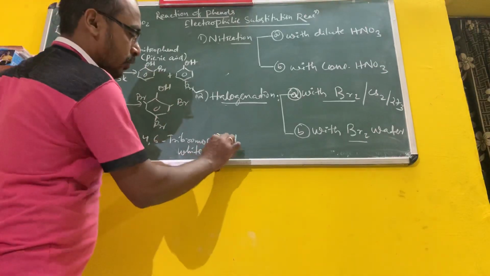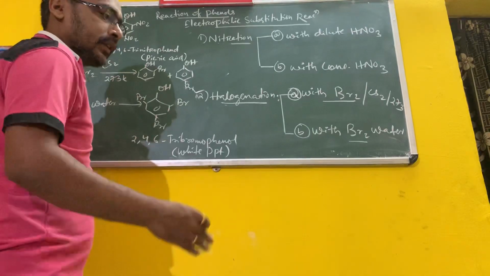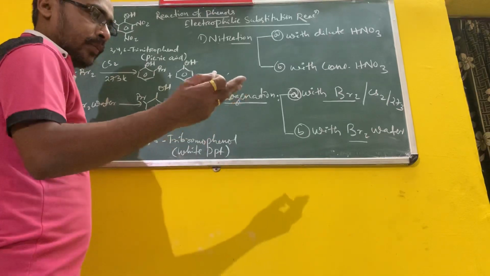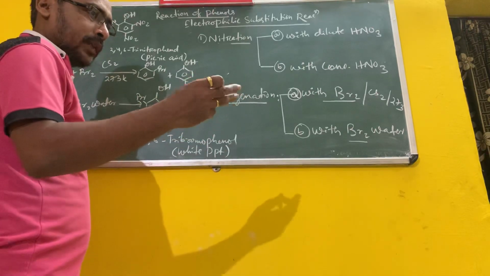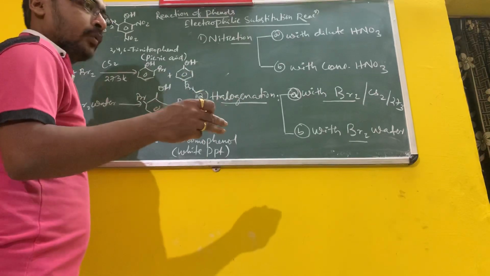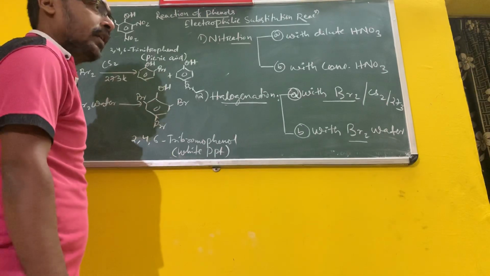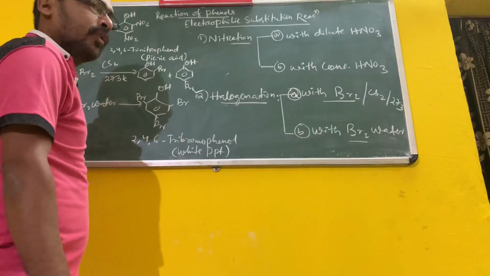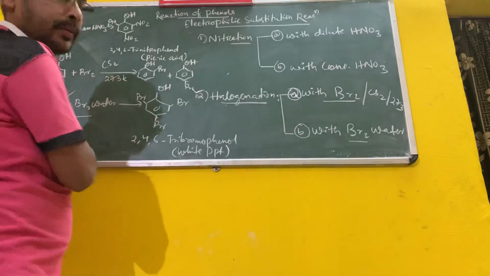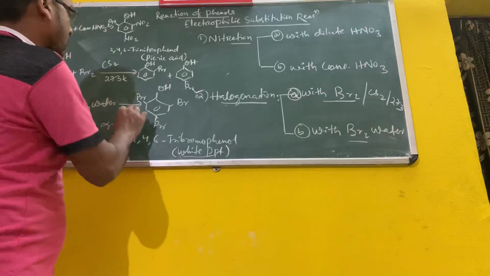This type of reaction, as in the lesson on haloalkanes and haloarenes, is also used with alkenes to detect the position of the double bond. The double bond is present between two carbons, and those two carbons take bromine to form the vicinal dibromide. When bromine water is treated with an alkene, it forms vicinal dibromide, which decolorizes the bromine water. But here, when phenol is treated with bromine water, it forms a white precipitate; this is also a chemical difference. This is important; all the reactions are important.